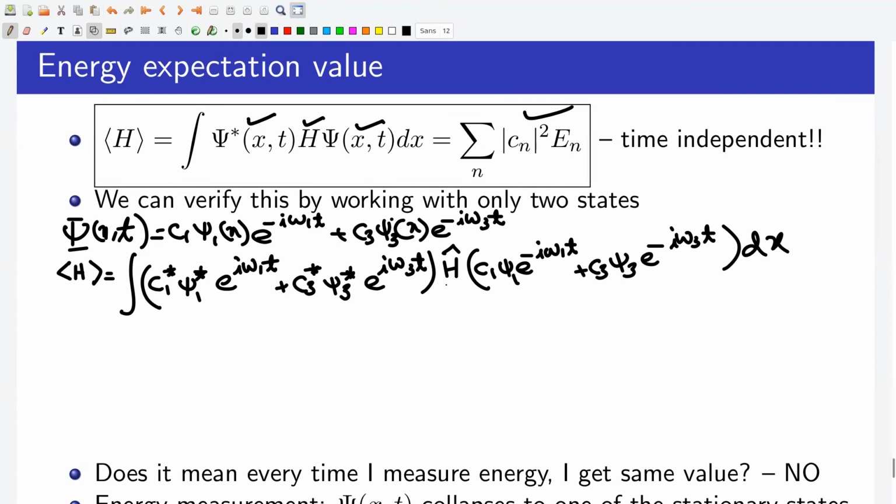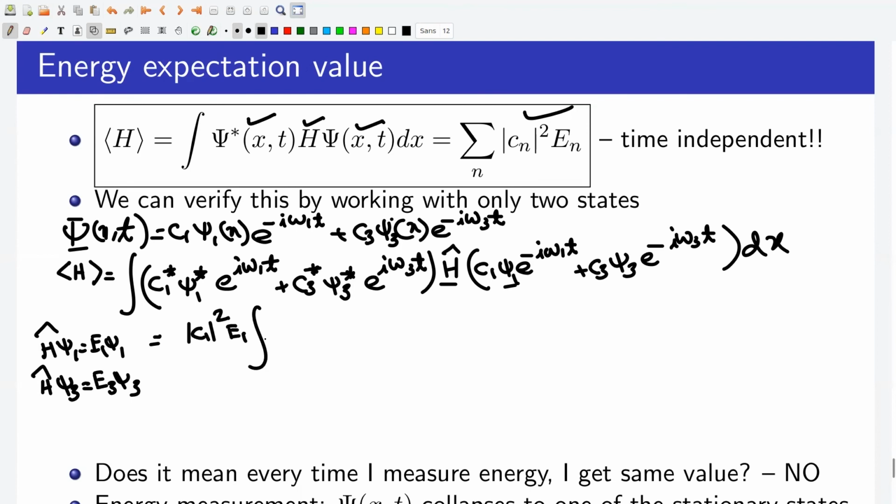Now note that H psi 1 is equal to E1 psi 1 and H psi 3 is equal to E3 psi 3. So if we do that, then we find that this is equal to mod C1 square